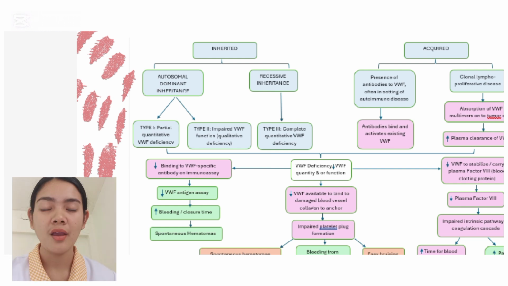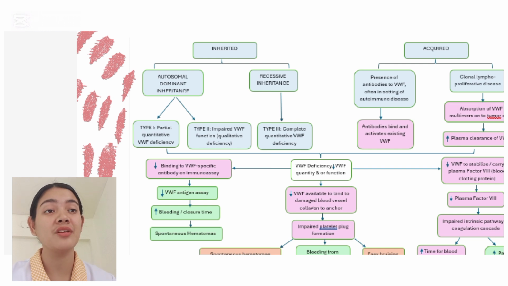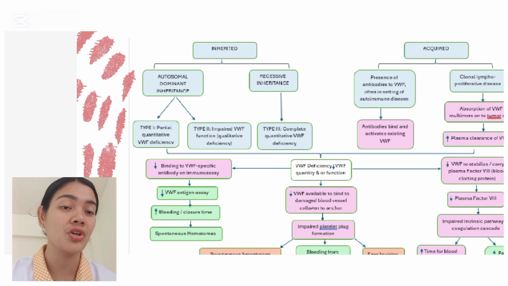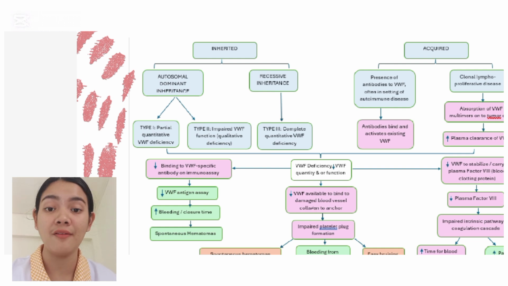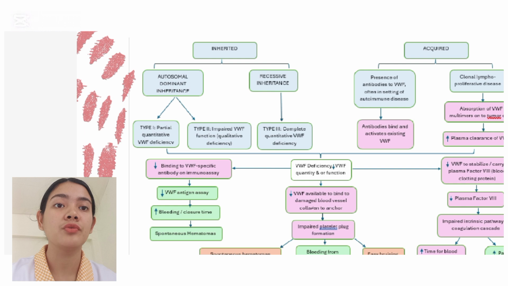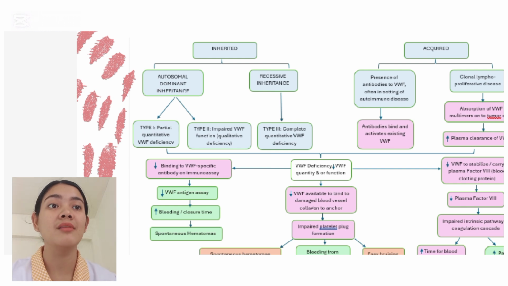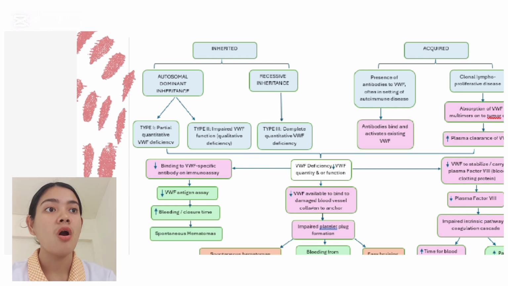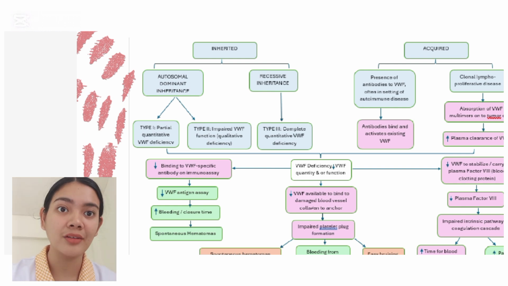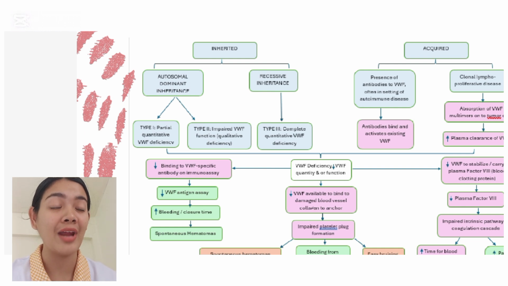Going back to type 1 von Willebrand disease, or the partial quantitative von Willebrand deficiency, it results in a decrease in von Willebrand factor quantity or function, which compromises the blood's ability to clot effectively. This results in a decrease in the binding to von Willebrand factor specific antibody or immunoassay, as there is less von Willebrand factor available for these tests to detect, which results in a decrease in the von Willebrand factor antigen assay, which measures the amount of von Willebrand factor and